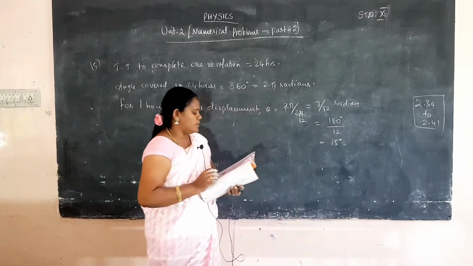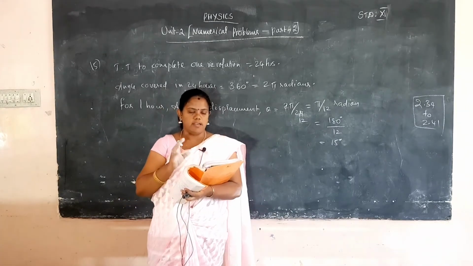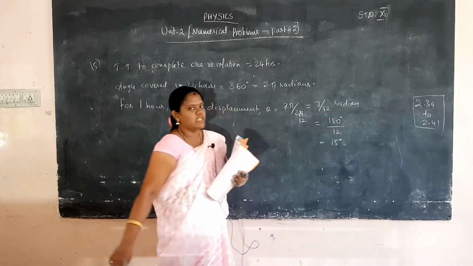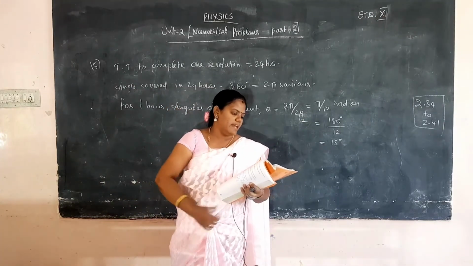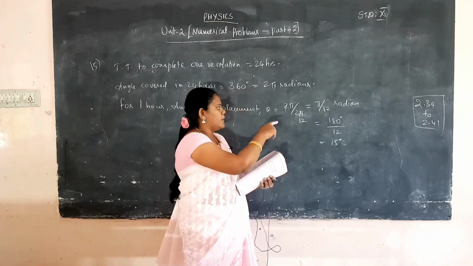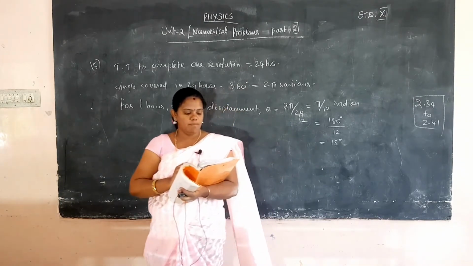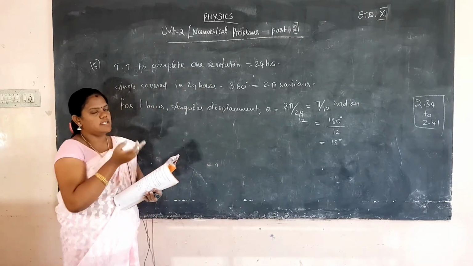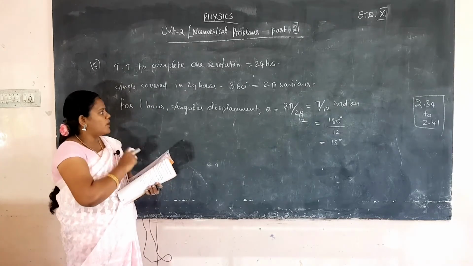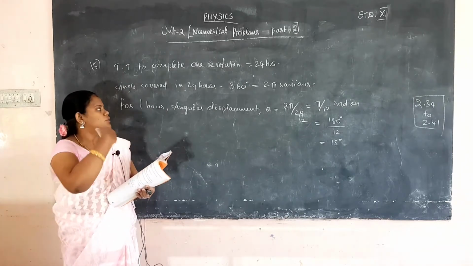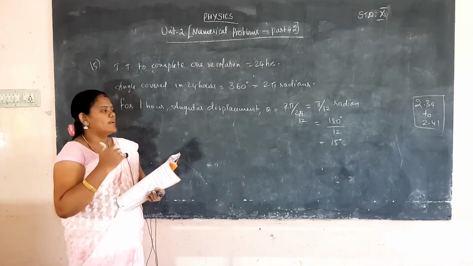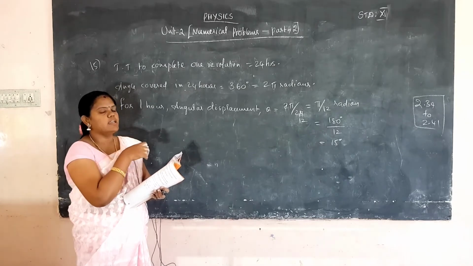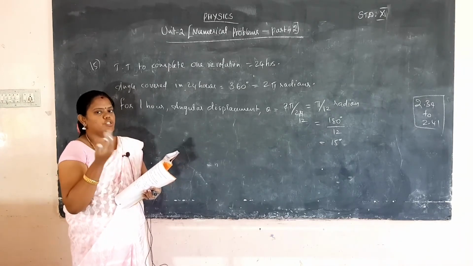In the problem, it is mentioned to express the answer in both radian and degree. So, the radian value is pi by 12 and the degree value is 15 degree. This is easy to find out. In 24 hours the Earth revolves 360 degree, so in 1 hour the angular displacement is 2 pi by 24. So, pi by 12 radian is the radian answer, and then for pi you put 180 degree, so the radian value is changed into degree.